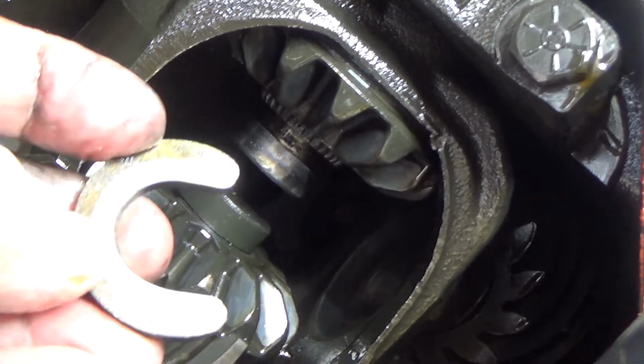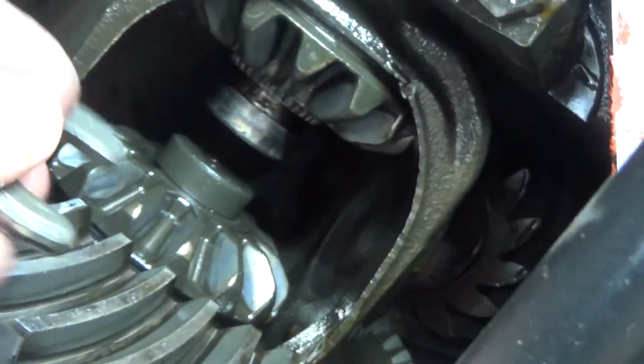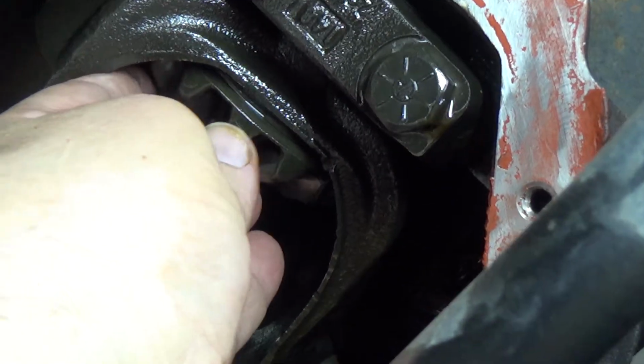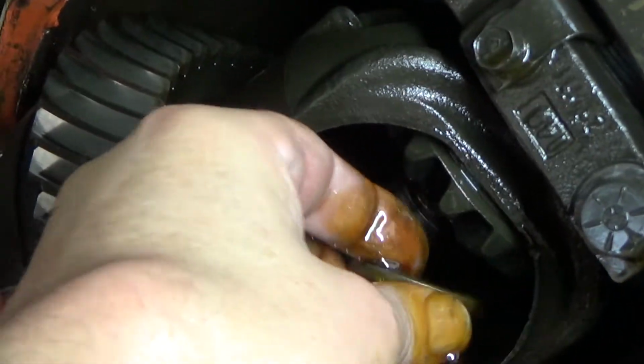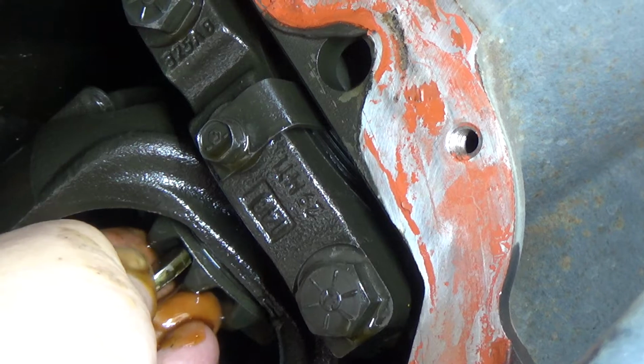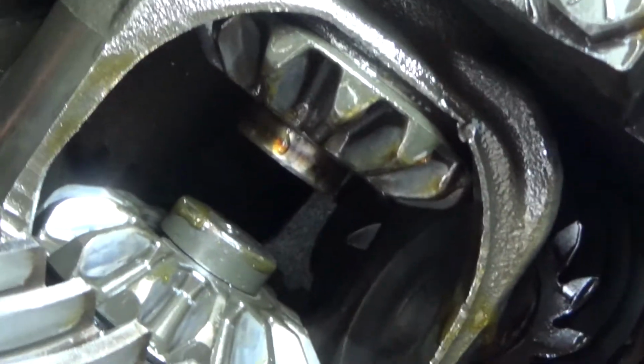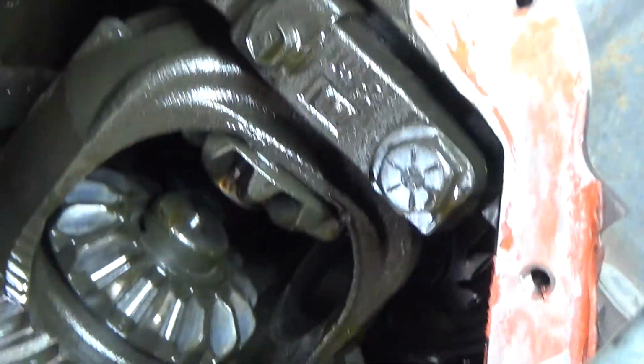One thing you want to do is check these C-clips for wear. Just make sure they're not worn. It's going to be hard to kind of film that, but it fell down in my oil. So I put that C-clip in and then I pushed the axle back outboard. So now the C-clip is trapped in there and can't go anywhere. So let me clean all this oil off my hand and then I'll set the